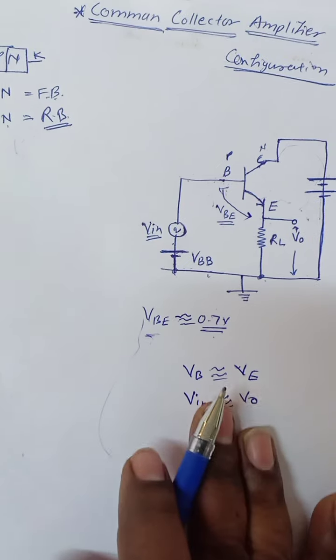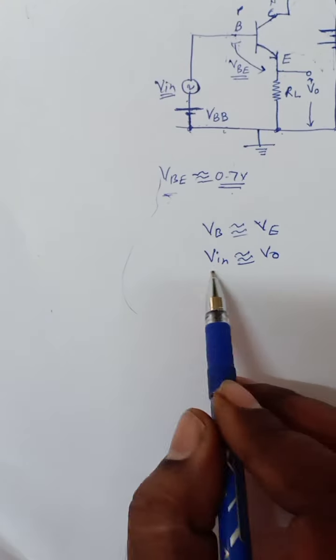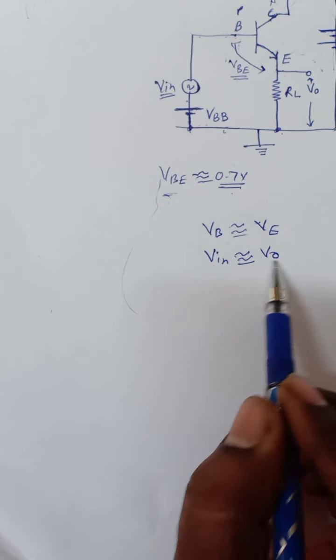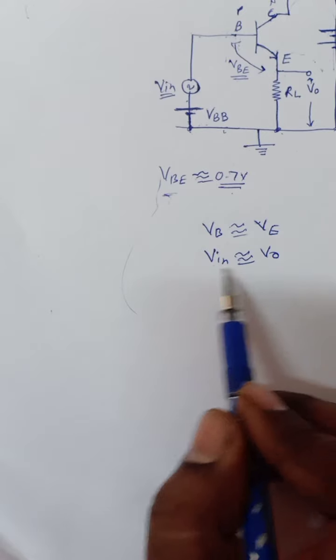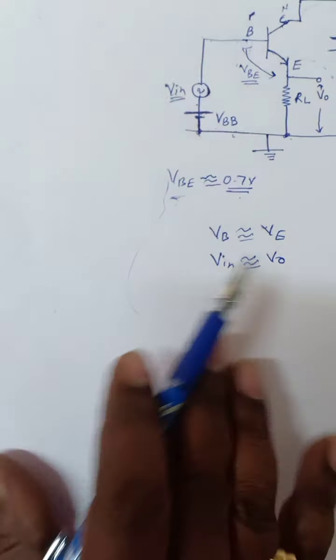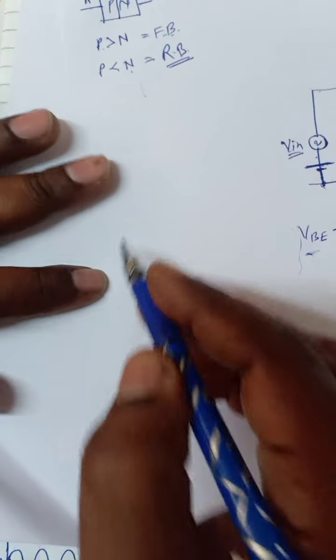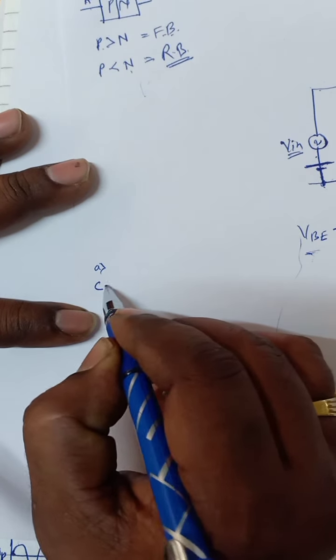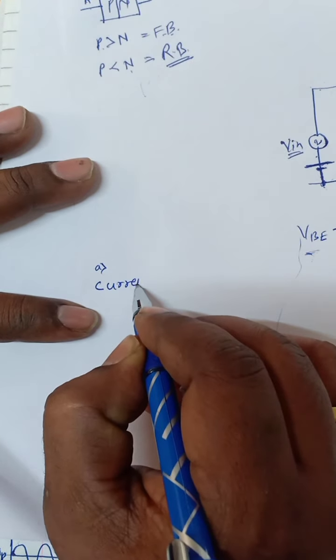So in this amplifier we don't get any amplification in the voltage. We get the same voltage, but if we observe the current gain